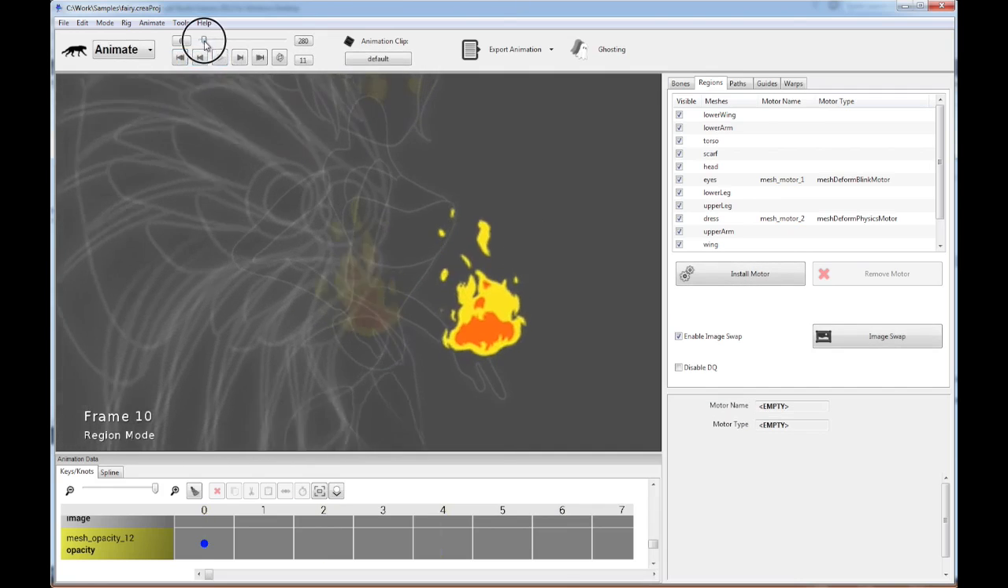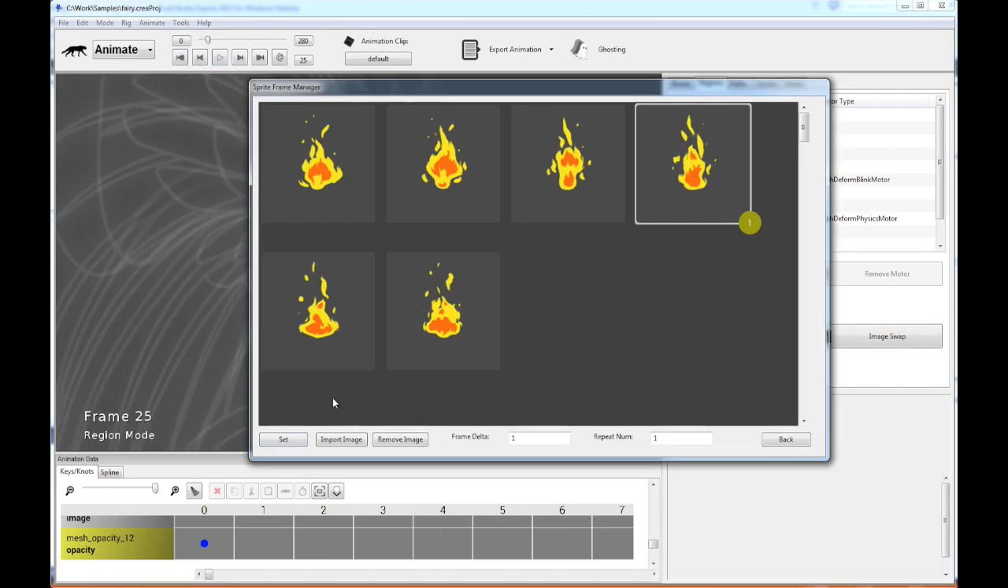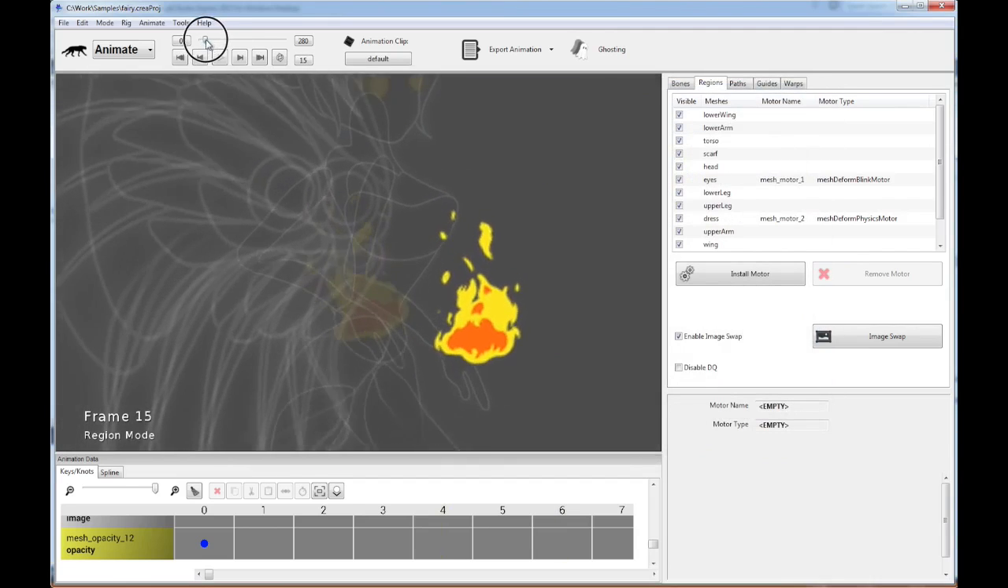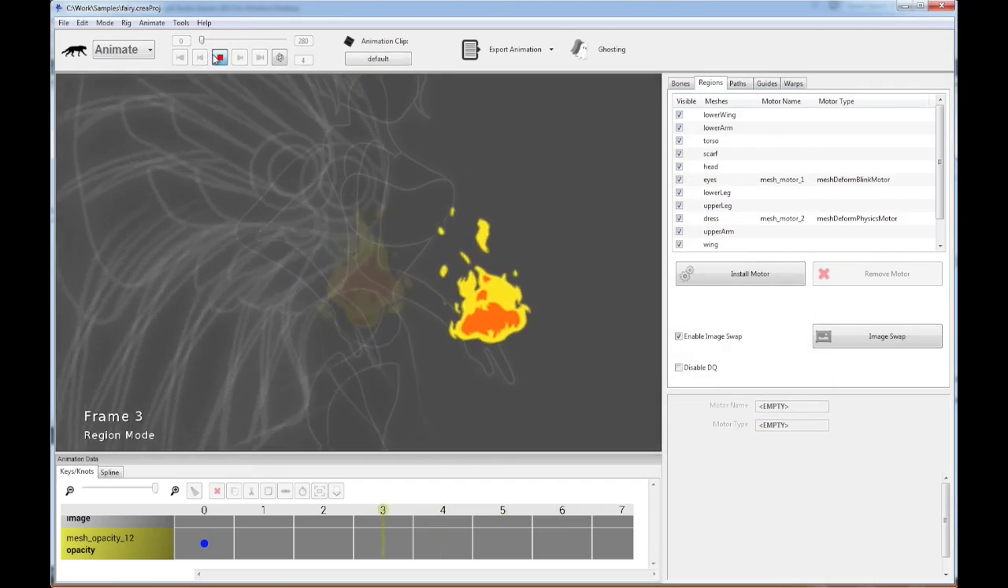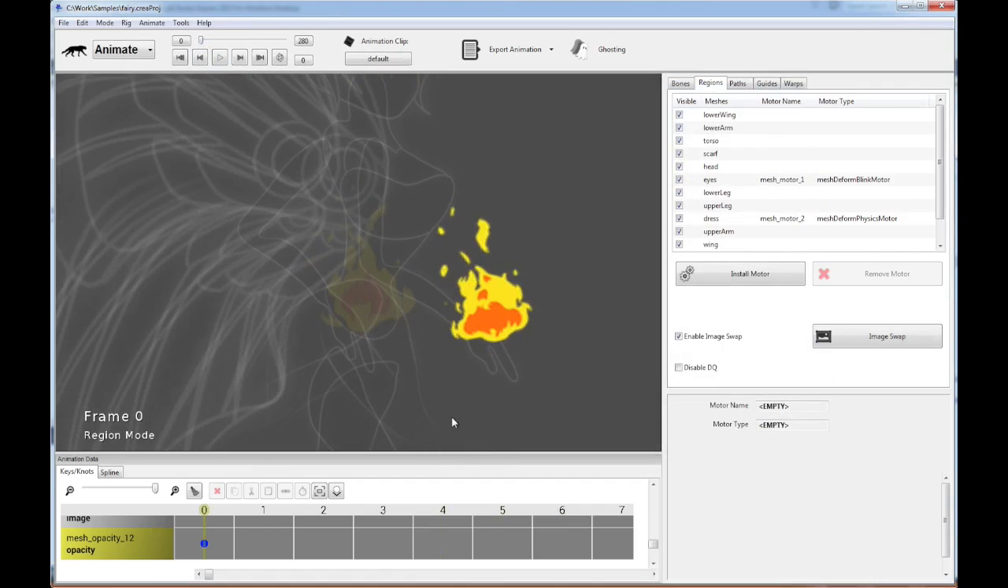So I can move over to, say, this frame. And then I can go back again, and I can select another frame, and I say set, and I'll swap it in at that keyframe, right? So now, you notice it swaps, right? Let me play that. There you go. So it swaps between the two keyframes, and